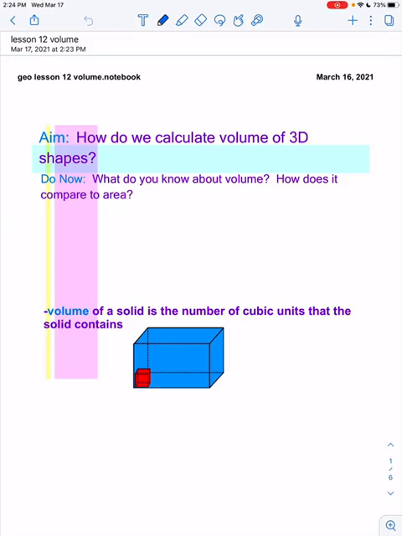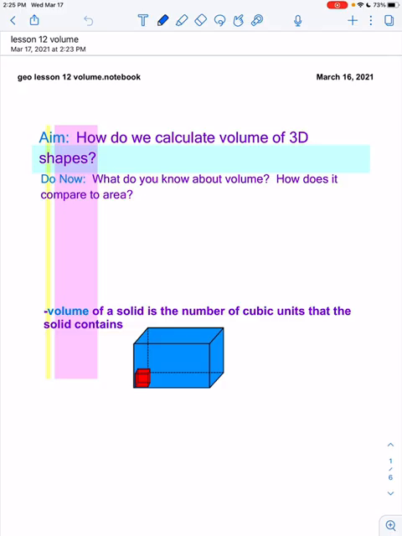Hi everybody, so today we are talking about volume of three-dimensional shapes. So take a moment and think about what you know about volume and how does it compare to area. So as you can see on the screen, the volume of a solid is the number of cubic units that